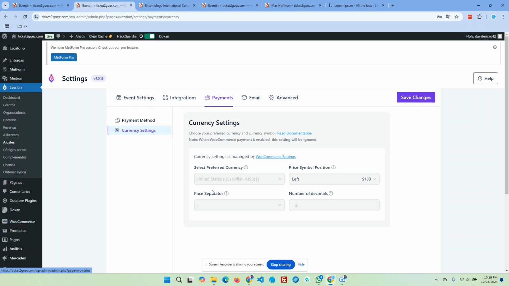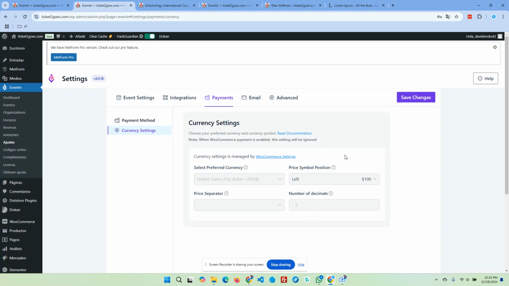You can manage the currency, whether it's United States dollar or another currency, and the currency symbol, where the symbol will be shown, right or left, and the decimal number if you want to show